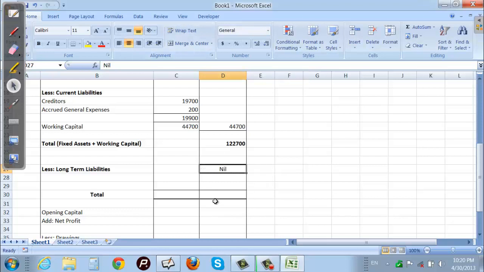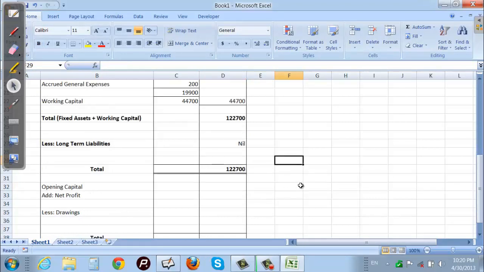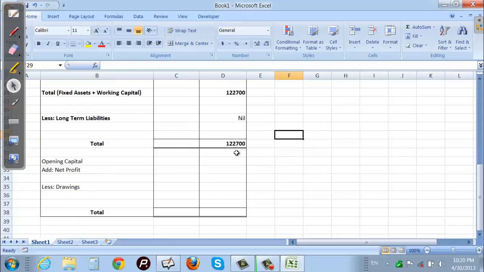So the balance will come one same amount, 1,22,700. This is the first total of the first part of the balance sheet. And now we know the total of the second part will also be the same. And now in the second part we show only capital. So in this manner we computed that the capital, the beginning capital, is